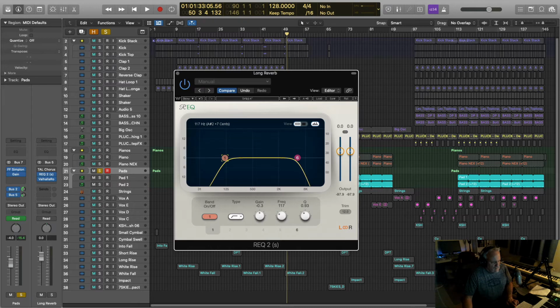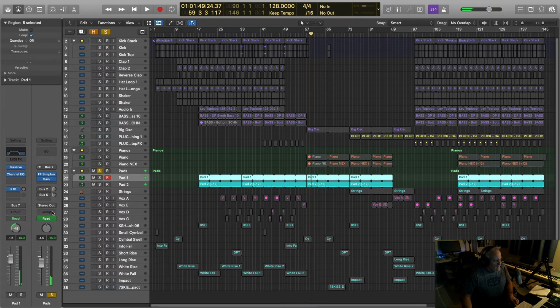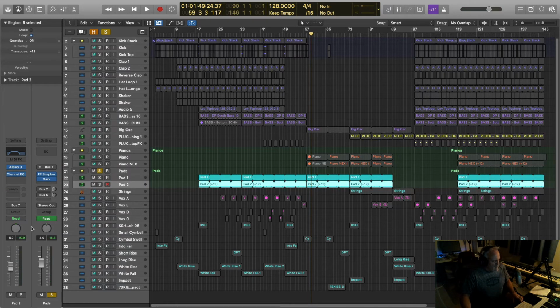Everything below 200, 300 hertz. Let's make it about 325 hertz. And this one was cut, yeah, that's about right, 5K. So let's just play that. Let's add a little reverb to that. Okay, so what we have here is, this is where we started,